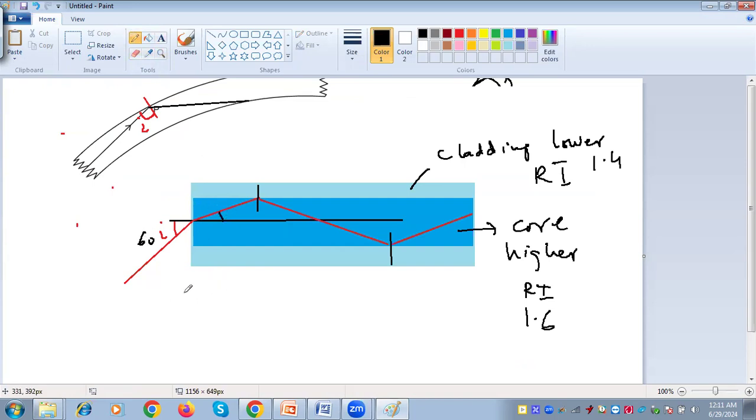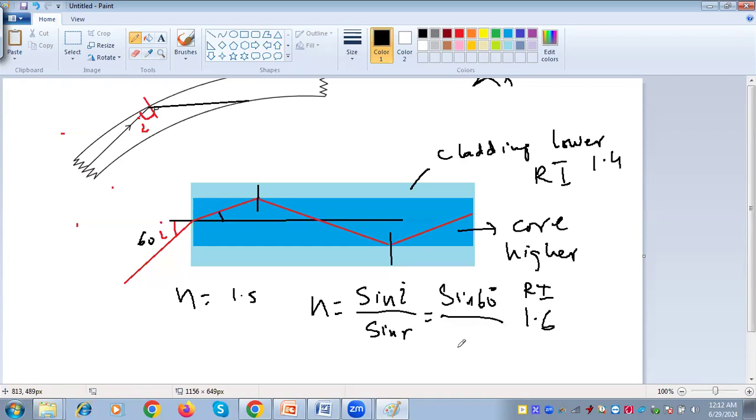Here they have given refractive index 1.5. So n equals sine I upon sine R. Why sine I upon sine R? Because the ray is entering from rarer to denser medium. Sine 60 divided by sine R, and that is 1.5. So sine R